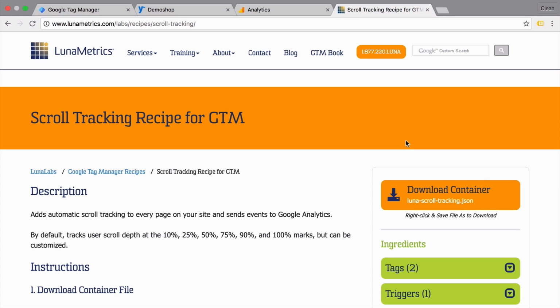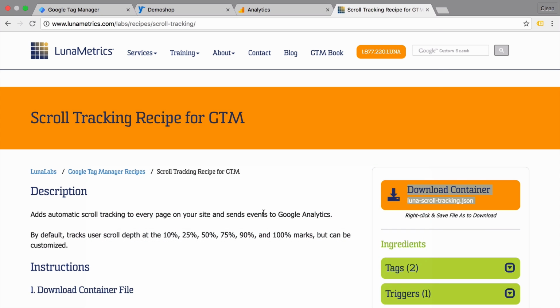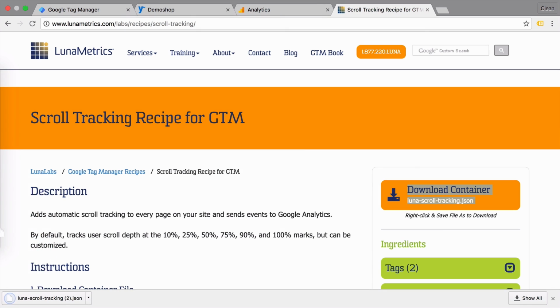Today our journey starts at LunaMetrics.com, who have published a great scroll tracking script that we can use within Google Tag Manager. And they made it actually pretty easy for us to download this script. They have a recipe section here, which allows us to directly download the JSON, which we can do here, right click and save this link as, download the script,